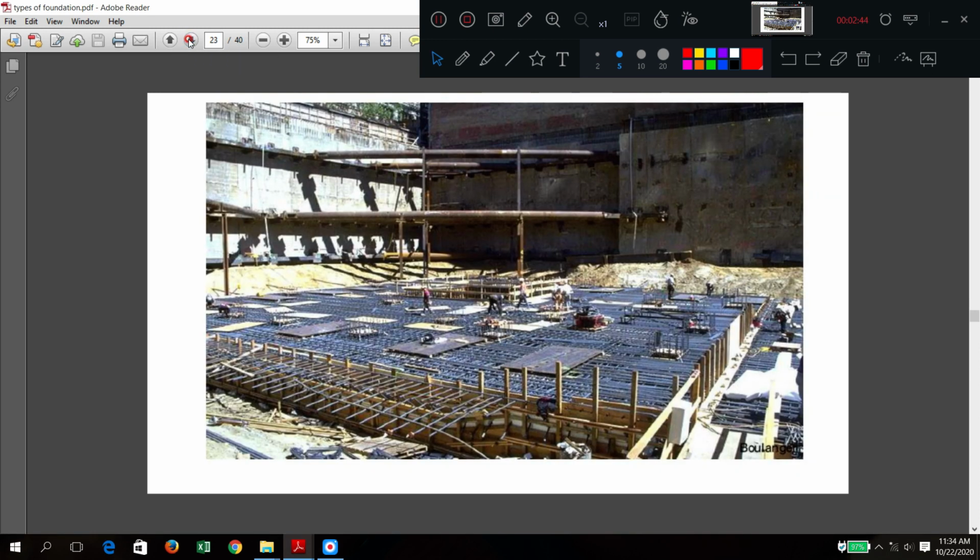Can you see this diagram? There is one big complete building that is going to come above this, and to support that building, here we have columns 1, 2, 3, 4, 5, 6, 7, 8, like this, multiple columns are there. But no individual footing is provided. One complete, common foundation slab is provided for the total structure of this building. Then it is called a mat.